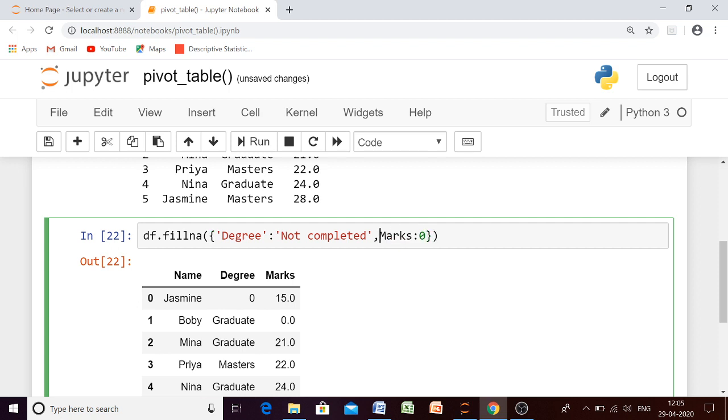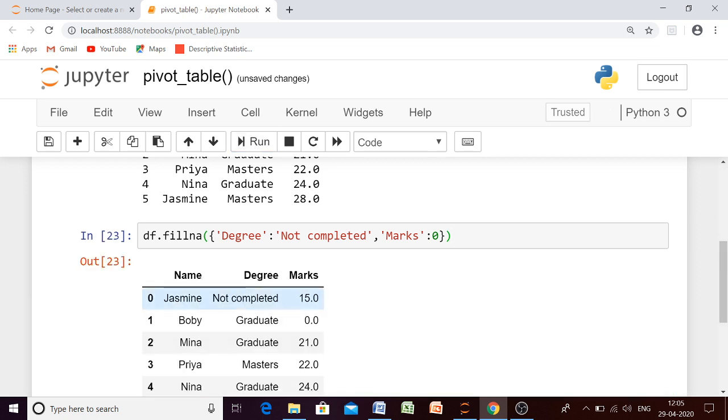Let me put single quotes here. Let us execute this one. So what should be the result? For NaN in degree, it should be 'not completed', and for marks it will be 0. Let us execute this one.